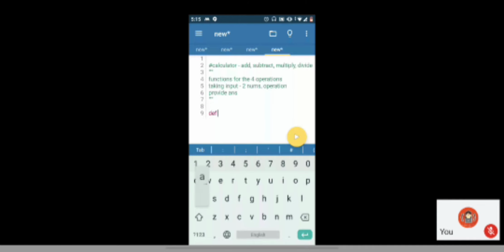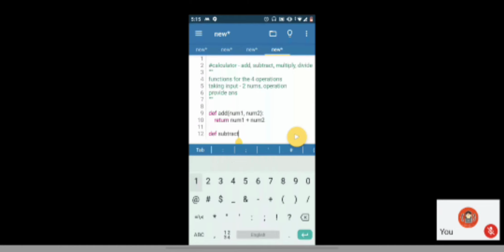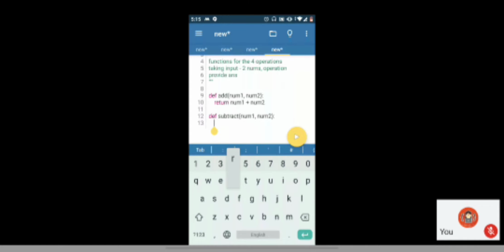So first we have def add, which is going to add num1 and num2. So just return num1 plus num2. Okay. Similarly, you have subtract. Return num1 minus num2. Then you have multiply.